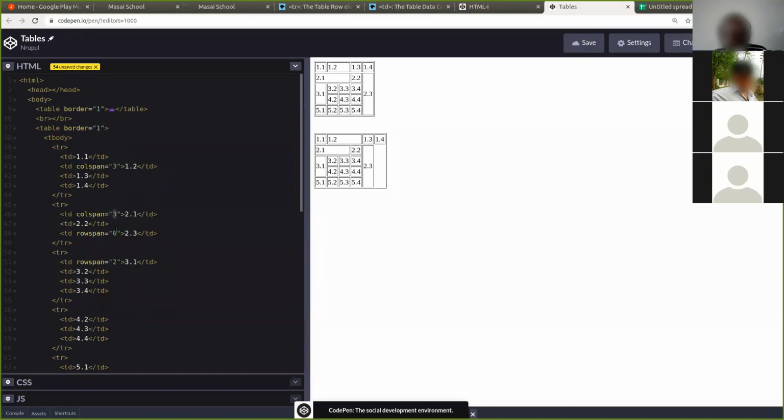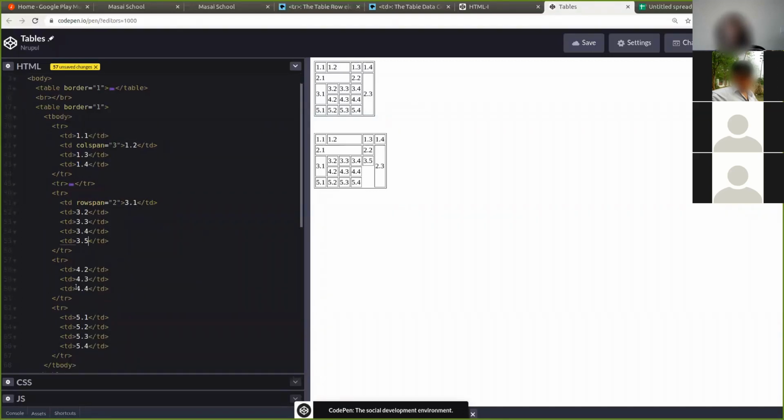Now I make this colspan as 4. So I'm making a 6 cross 5 table. You can see it got extended and all the things. You can see how changing the values will affect the layout. Let's say I want to add one more thing here. Because it has 6, now I have 1, 2, 3, 4, 5, 6. Okay. So again, 4.4, let's make it colspan.